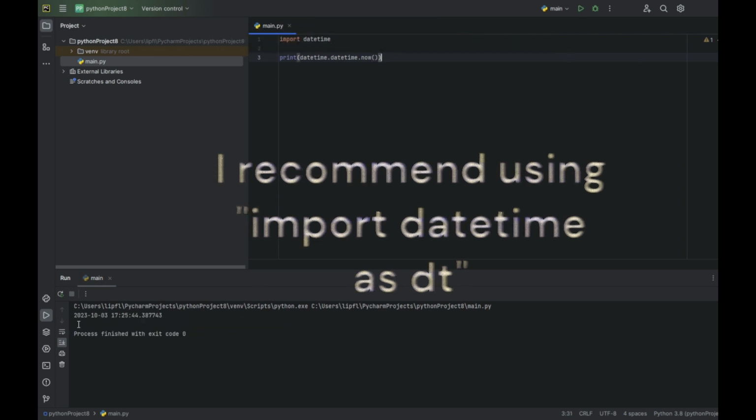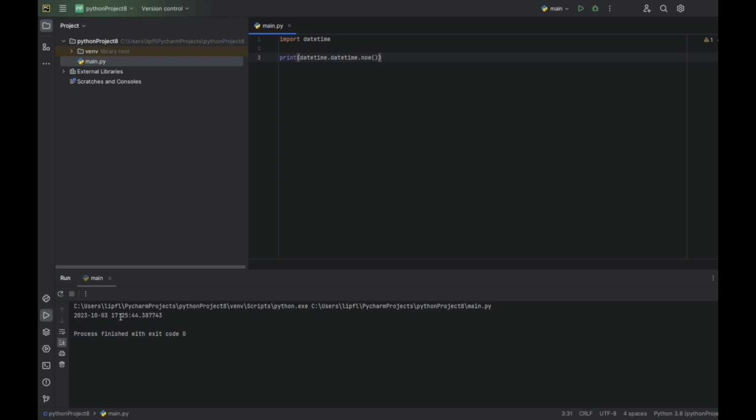Now if we print it, we get 2023. It's our actual date, and the time, which you can read here. And for example, if we just want the year, we can type datetime.now.year without the colons, without the brackets. Now we have our actual year. Same goes for month, day,